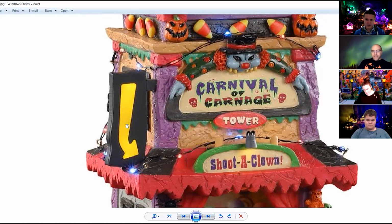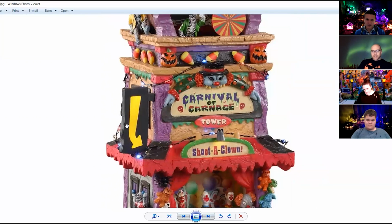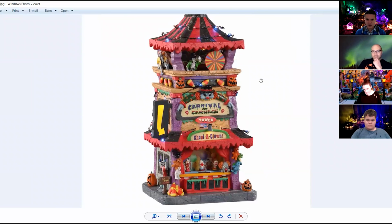No, but the front sign has the two LEDs right down in the front there. You can see on either side of the tower there. Oh, LED, yeah, pointing towards the Carnival of Carnage. So that might be a green tint or a purple tint. That'll be kind of a cool look to it. Yeah, it's interesting that they have not just two Carnival pieces, but two actual,